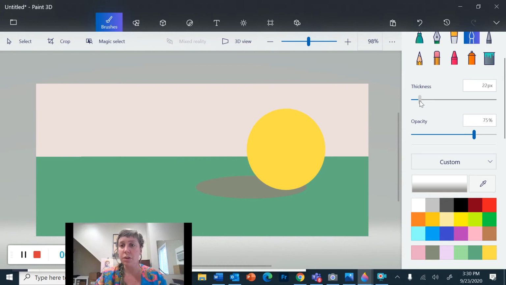So I'm going to start with a smaller thickness just to be sure. I'm imagining that my light source is coming from up here, this corner, right? So I'm going to put in a highlight,